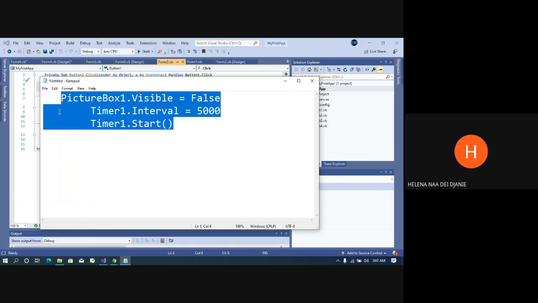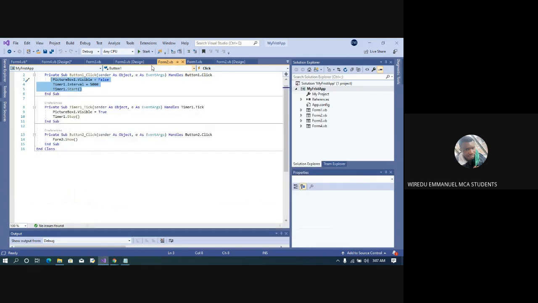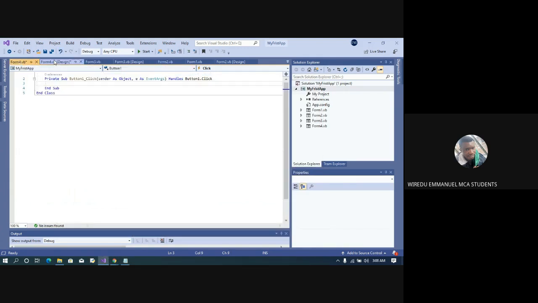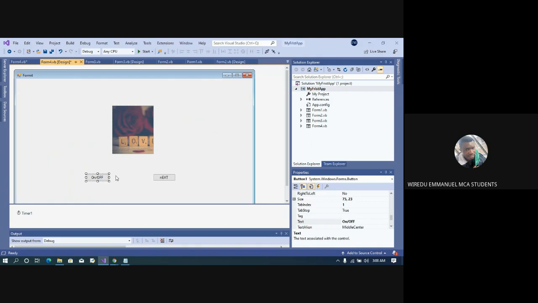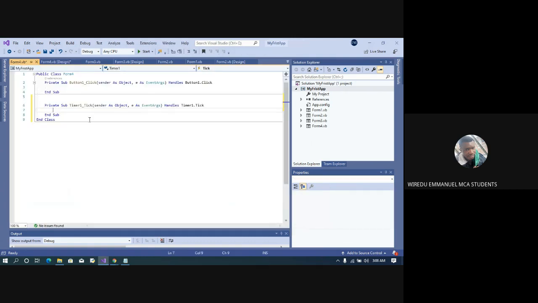So after you are done with typing this code, then we go back to our form again, our form design. Then we double click on the timer. Where the timer is, double click it. When you double click the timer,